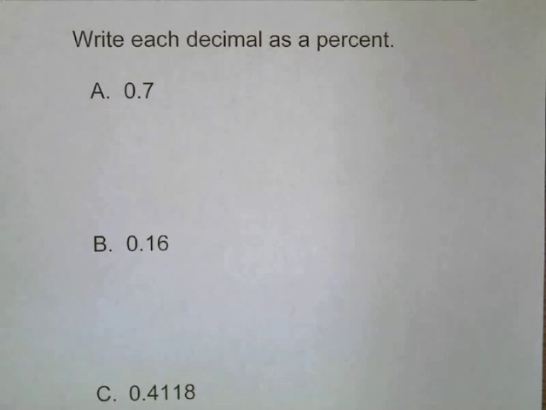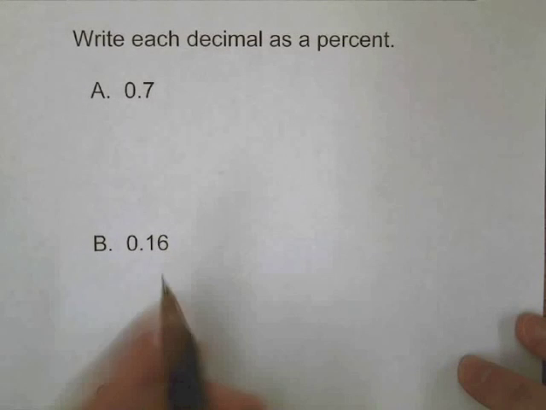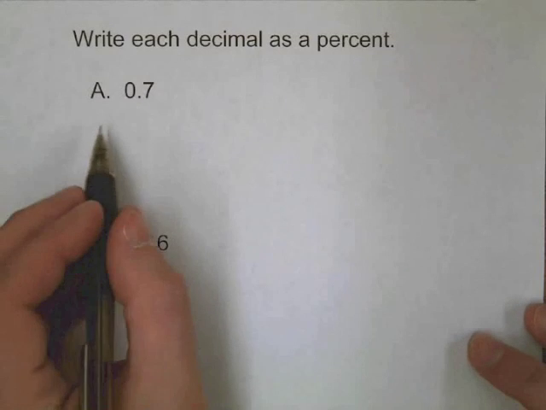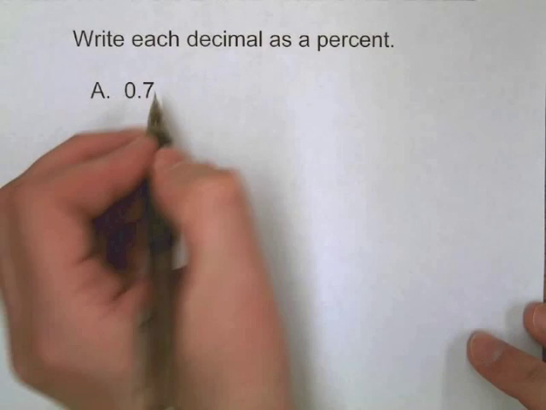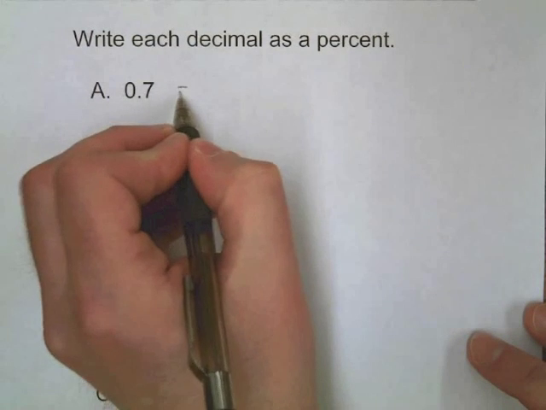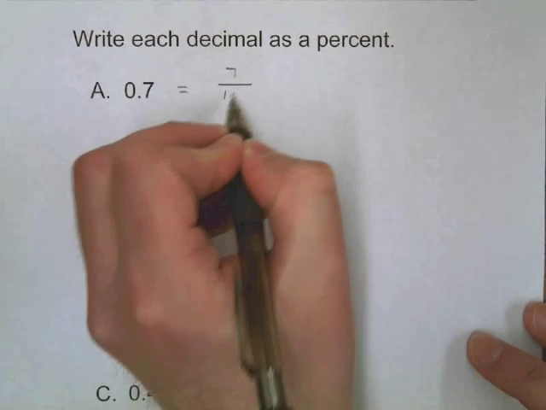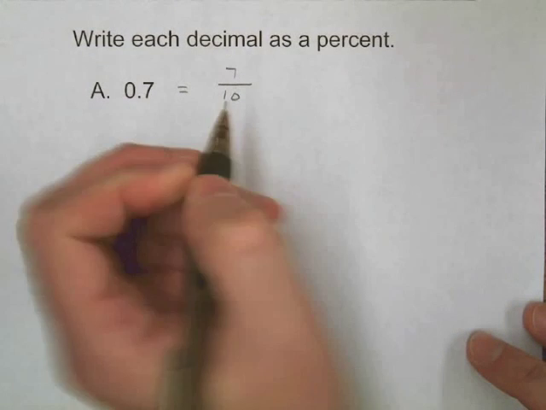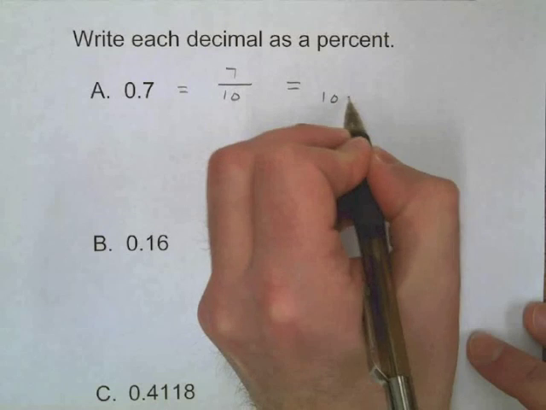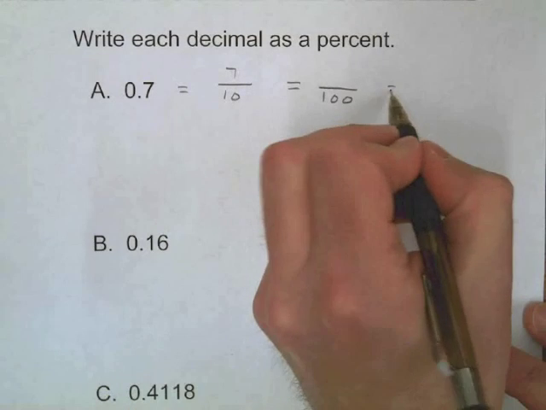Lesson 7-8, Example 1. Our objective is learning to write decimals and fractions as percents. So we want to write each of these decimals as a percent. And one method to do that is to think of it as a fraction first. So I could think of 0.7 as 7/10. And I know that if I can get this to be over 100, I can then know what it's going